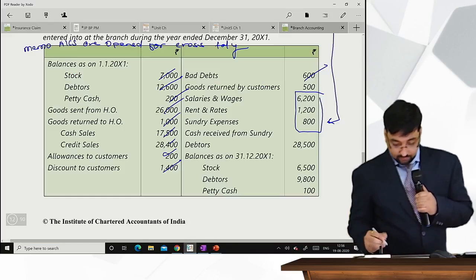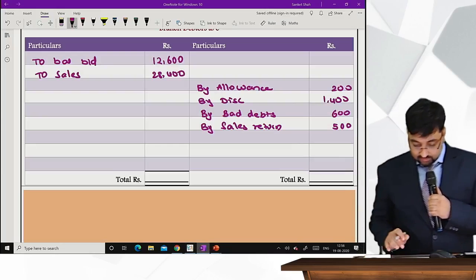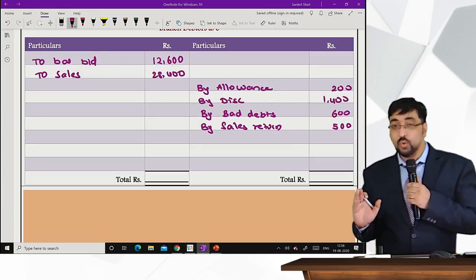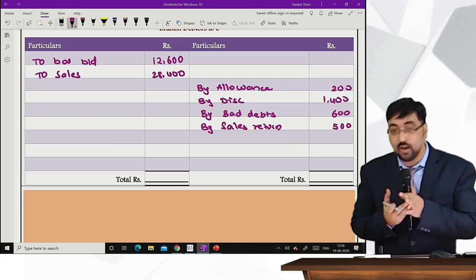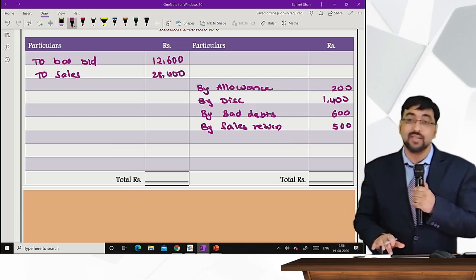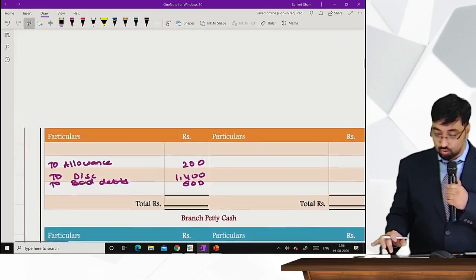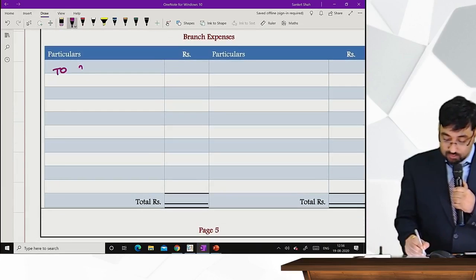Next one, salary, wages, rent and sundry expenses. What is the entry? Salary, wages, expenses account debit to head office account. Head office account we have not opened because HO is a creditor for us, and therefore only one effect: salary, wages, rent, taxes and sundry expenses, that is in expense account. So write it in expense because this is cash outflow to salaries,